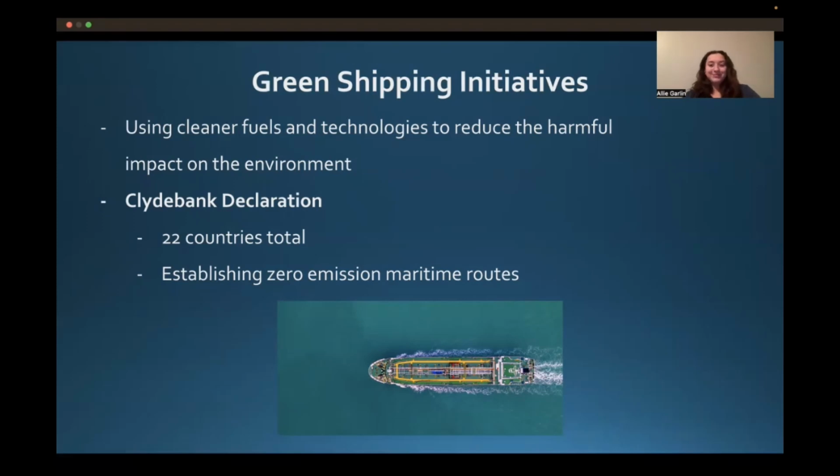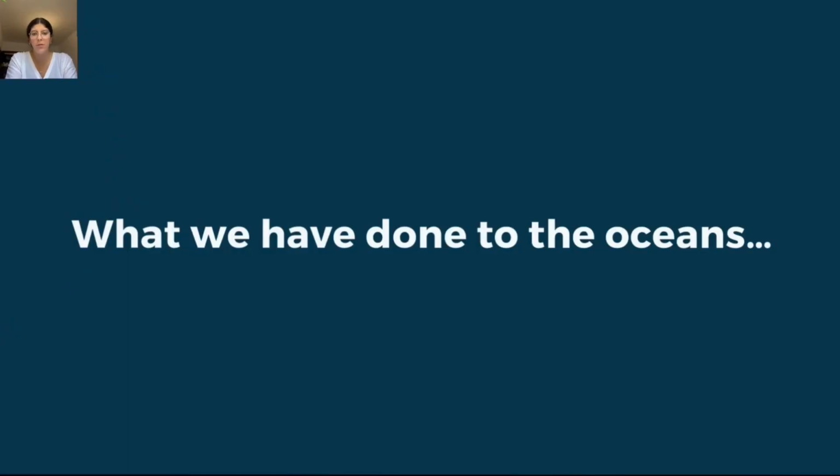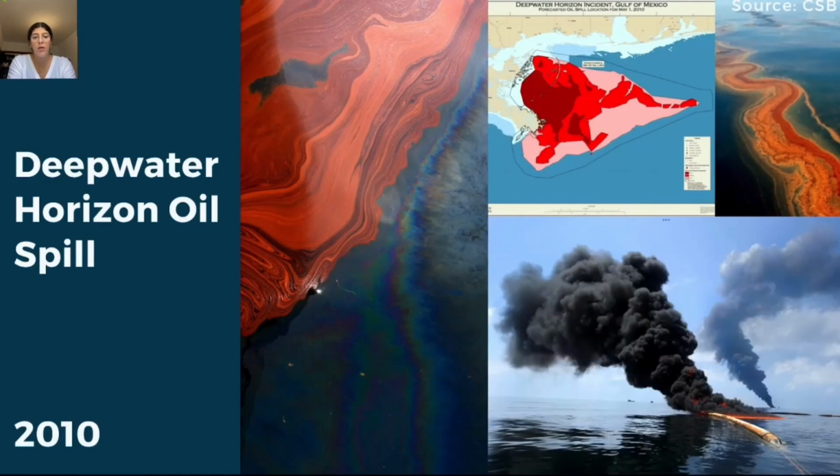Let's see some real cases in which our attempts in facilitating global trade have actually ended up destroying marine life. This is the Deepwater Horizon oil spill. It happened in 2010, and it resulted from a blowout during drilling in the Gulf of Mexico, Macondo prospect. So basically, along with high-pressure methane gas, the failure caused a catastrophic explosion, which unleashed millions of barrels of crude